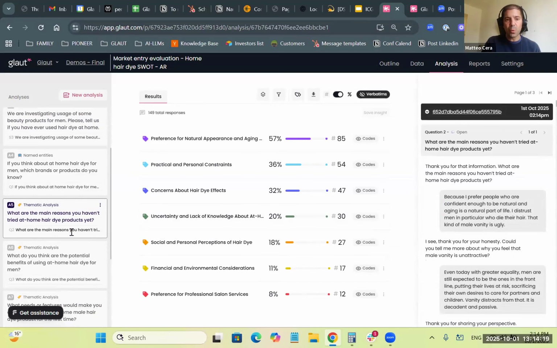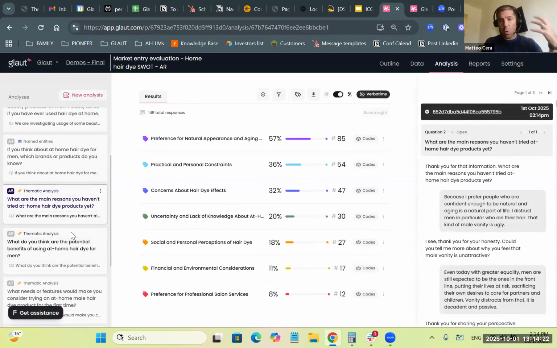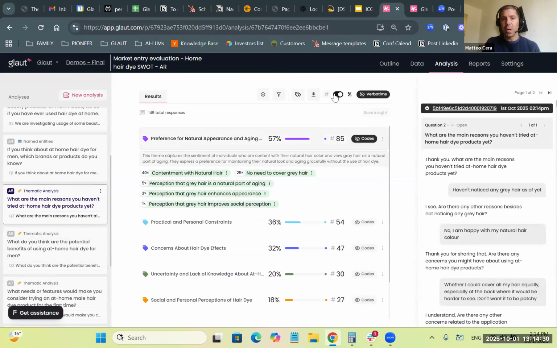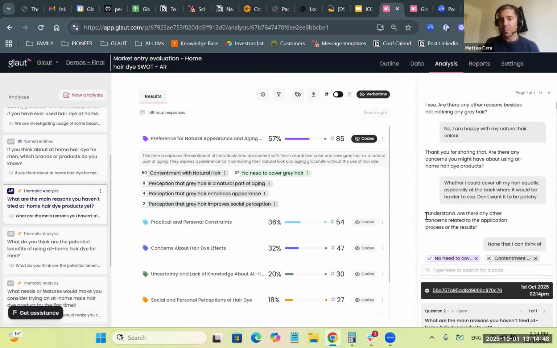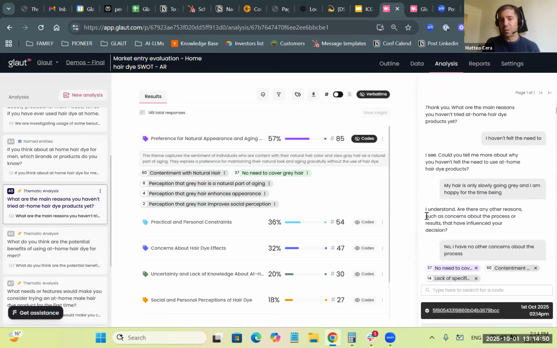So this was one of the questions: what are the reasons that I haven't tried home hair dye products? What Glaut does is code every single answer into one or multiple topics and then subtopics. If I press on, for example, I don't need to cover gray hair, I will find on the right all the verbatims that were coded with this code.